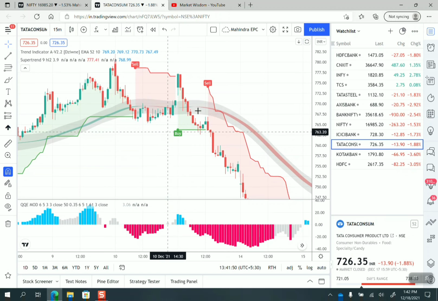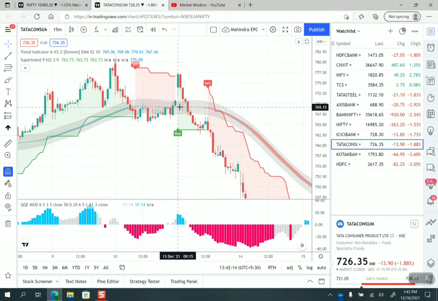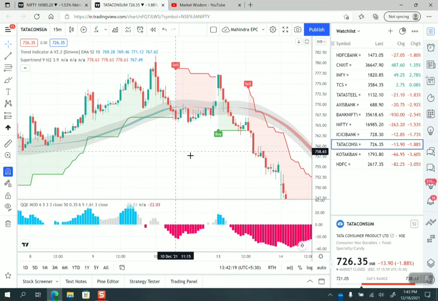So you need to check whether this strategy works. The working percentage for this particular strategy is almost more than 95%, but as I told you, you need to check on your own for confirmation. Test it, try it, and then only enter. Right now we have checked almost 7-8 examples. Out of that, only on one occasion did it hit our stop loss. But let's see any other chart.